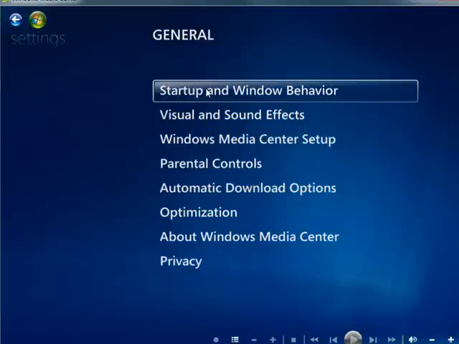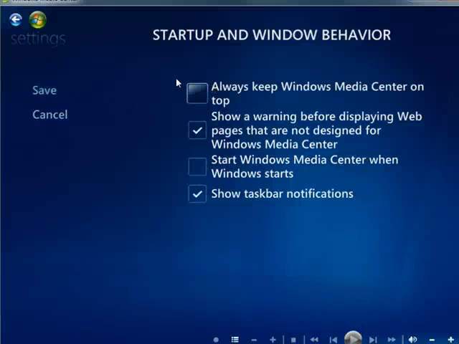Now right here at the top you see Startup and Window Behavior. And you'd go right down here to start Windows Media Center when Windows starts. You want to check that box. It's also wise to leave this one checked, show warning before displaying web pages that are not designed for Windows